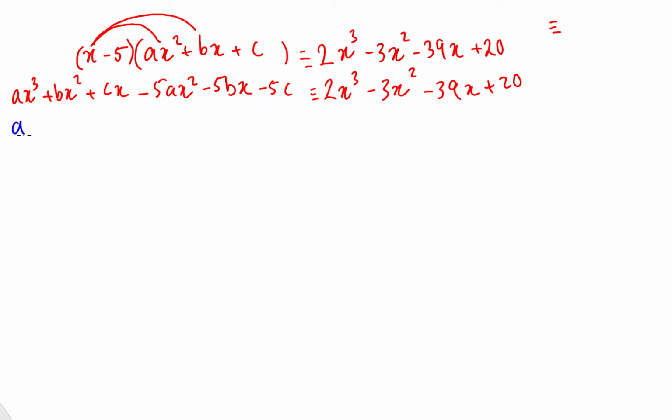So let's have a look now. ax cubed plus (b minus 5a) times x squared plus (c minus 5b) lots of x, and now I'm going to write this final term here,